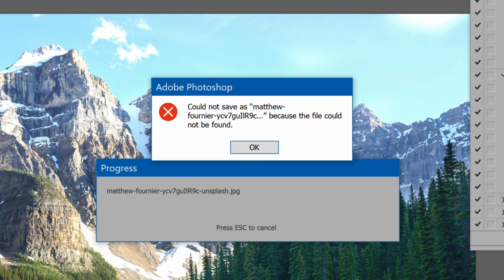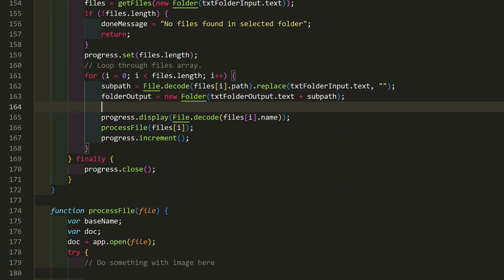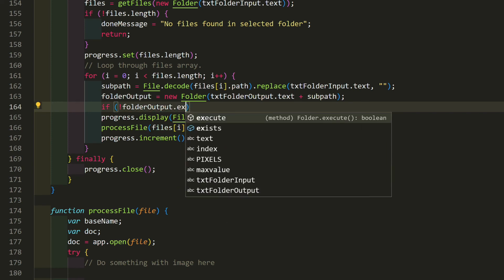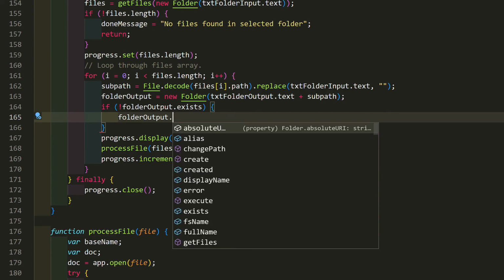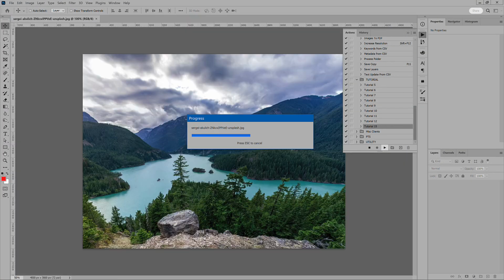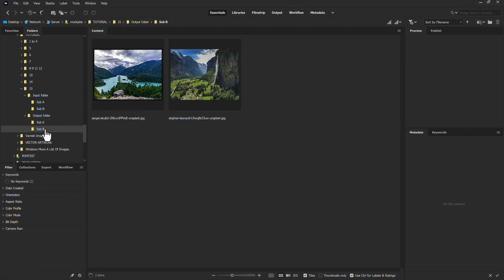We need to check if the subfolder exists. If not, create it. If not folderOutput.exists, folderOutput.create. And now the output folder has two subfolders just like the input folder.